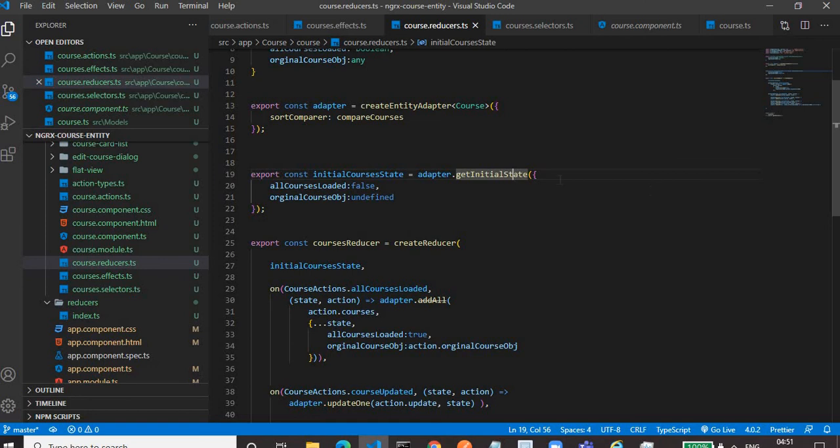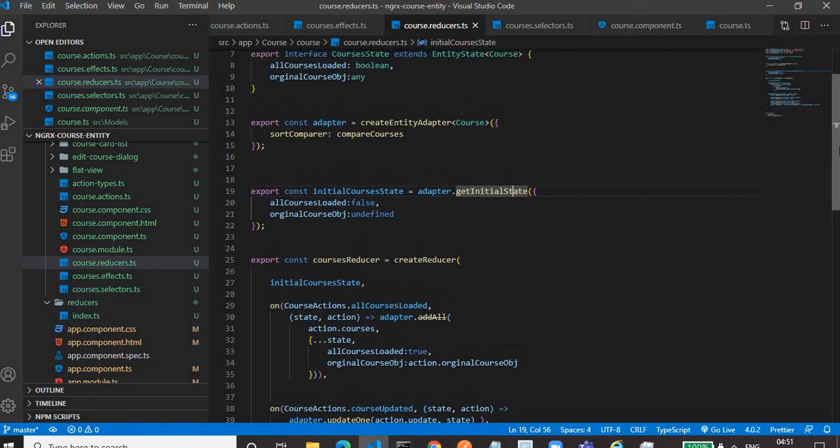And in this initial state we have to define the custom property initial values. So allCoursesLoaded is false, and originalCourse object is undefined. If these two properties won't be present, then we don't have to define them here. As they are present, we have to define the initial values.